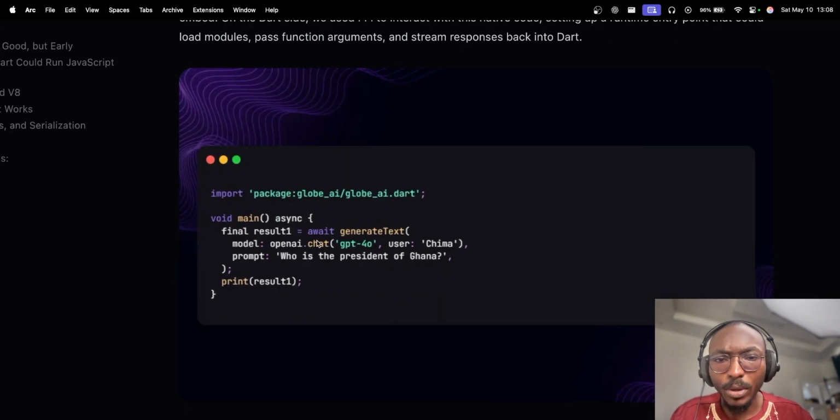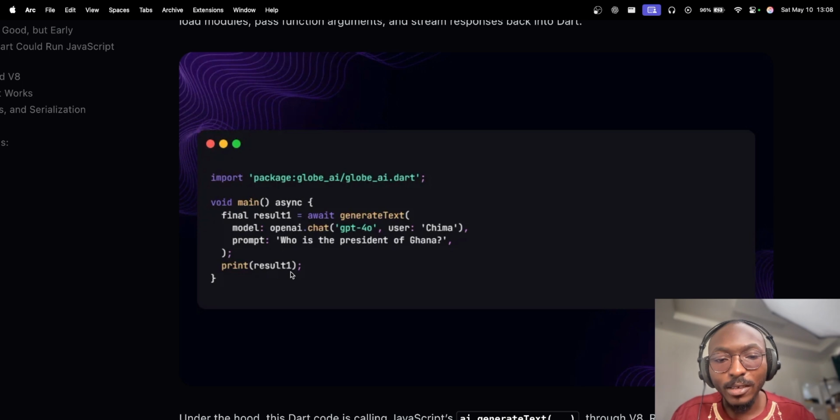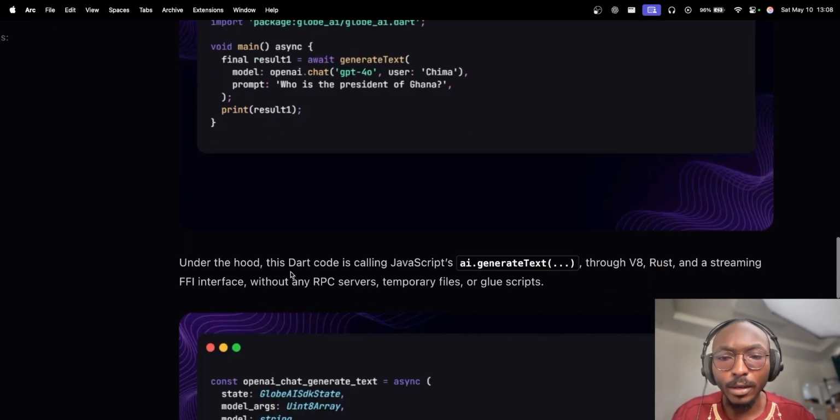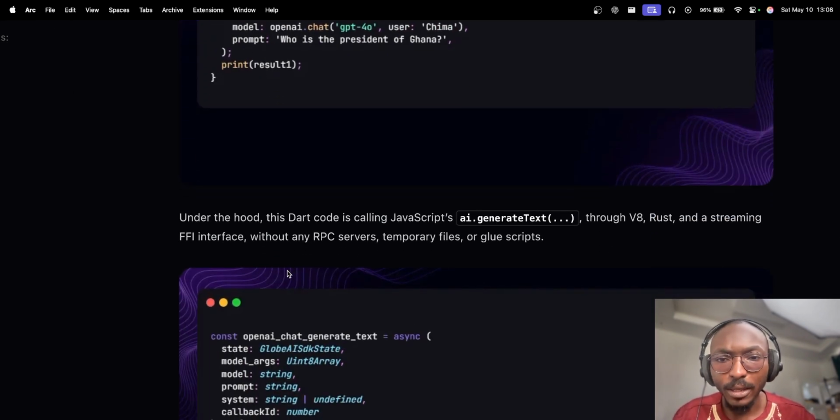So, getting back to the blog, we have this Dart package, which currently you can use locally. If you deploy this to Globe now, it won't work because we actually haven't added the support for it, but it can run locally. It's just a matter of time before we add it to the Globe runtime. So you have this generate text, you pass the module, and then you pass the prompts, and the result you get here is a string. And the blog goes on to explain that under the hood, this code is calling JavaScript's AI.generateText, which I showed you